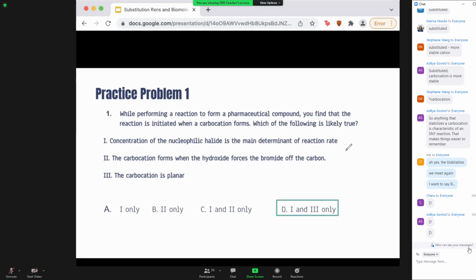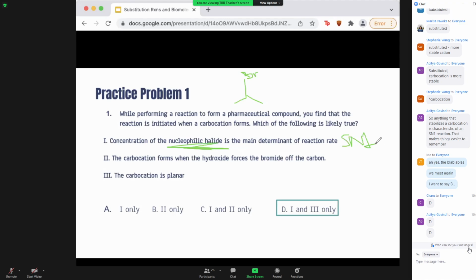So this is referring to the reactant that looks like, for example, this, or let me give it an actual. So this is SN1. As we know, the reaction rate is determined pretty much exclusively by the concentration